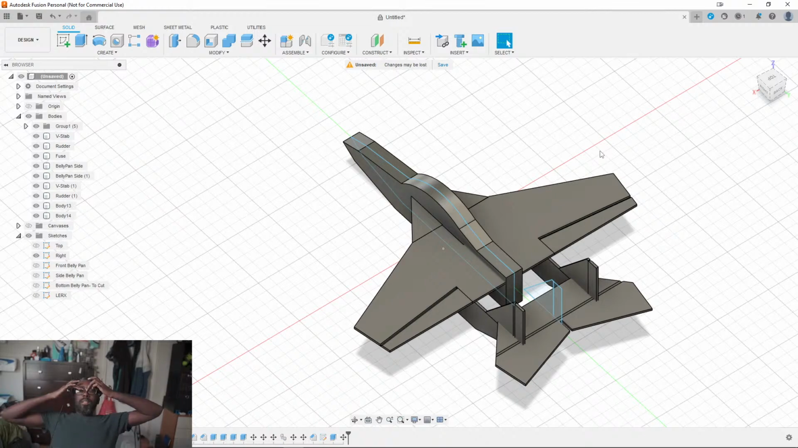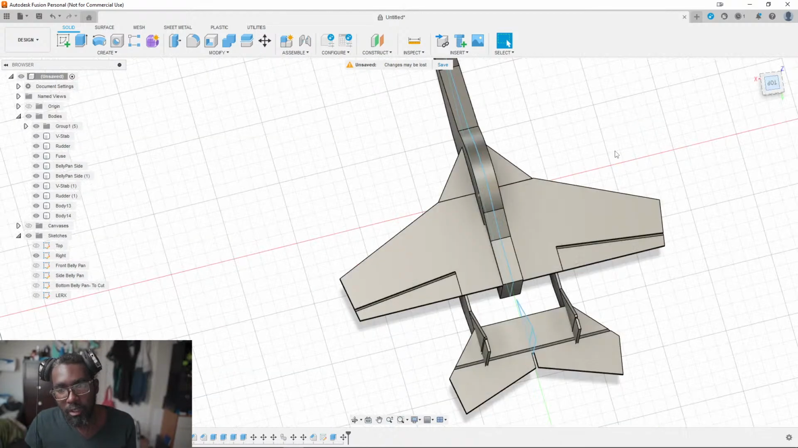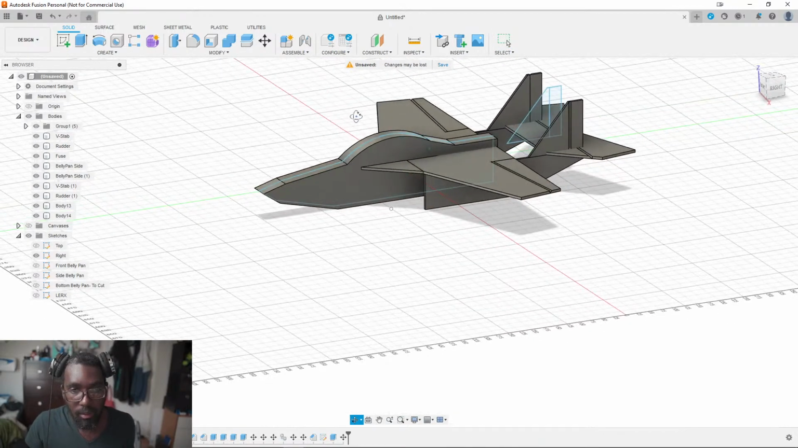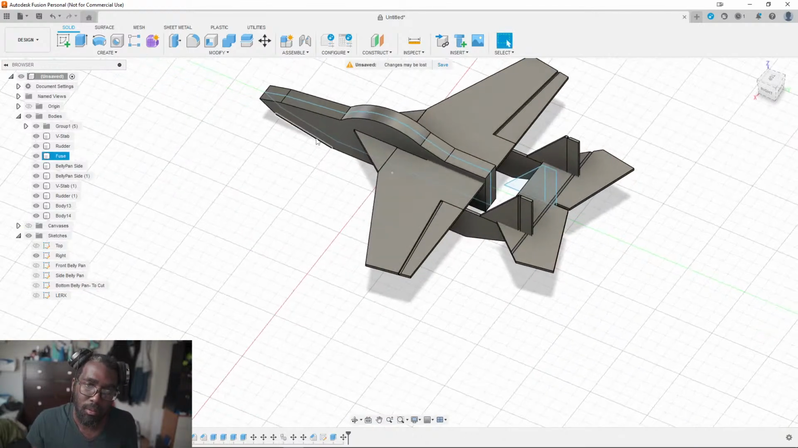The only thing left to do now is to cut out the nose of the airplane. Not the nose, basically I'm gonna trace out the top here to get the basic shape that I want. And then when I get the shape that I want, I'm going to